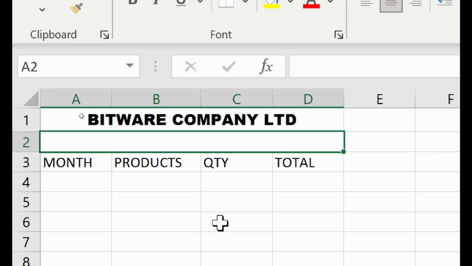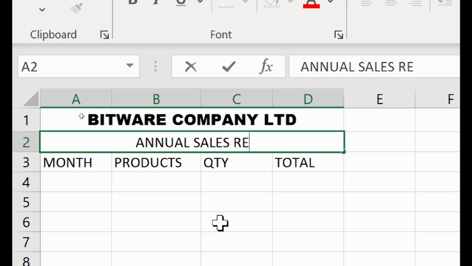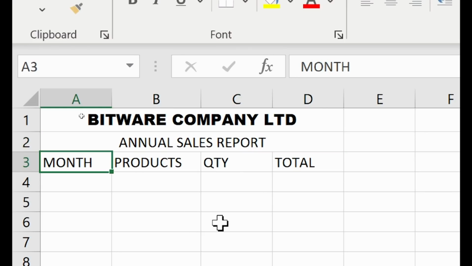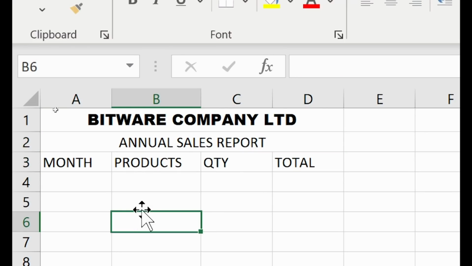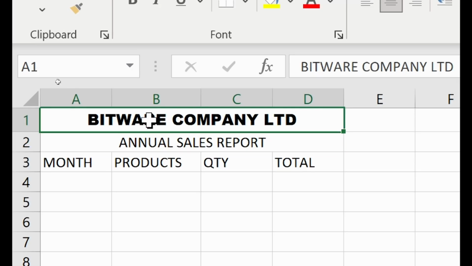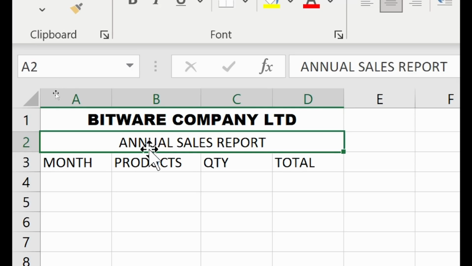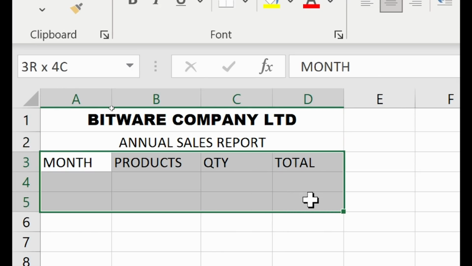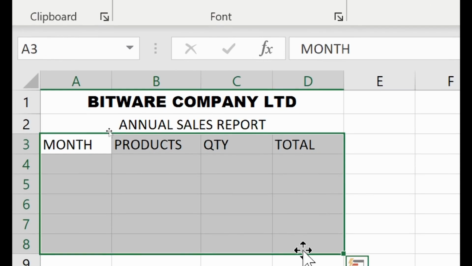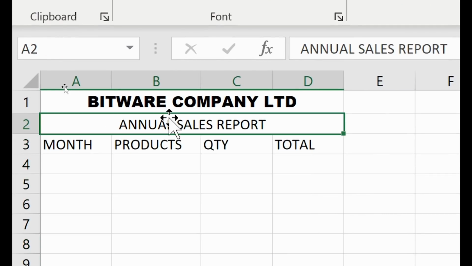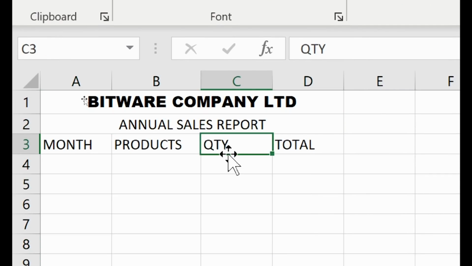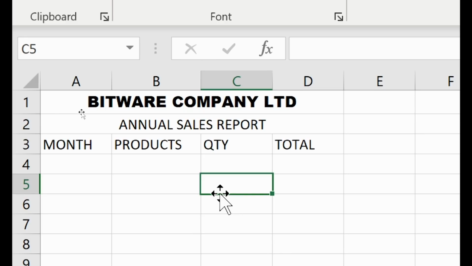All right, so let's say over here I want to put a subtitle or the title of the document that says annual sales report. Something like this makes sense. The company name is here, the title of the document, and then the document or the spreadsheet begins under it. Now, it doesn't look very professional to me right now,